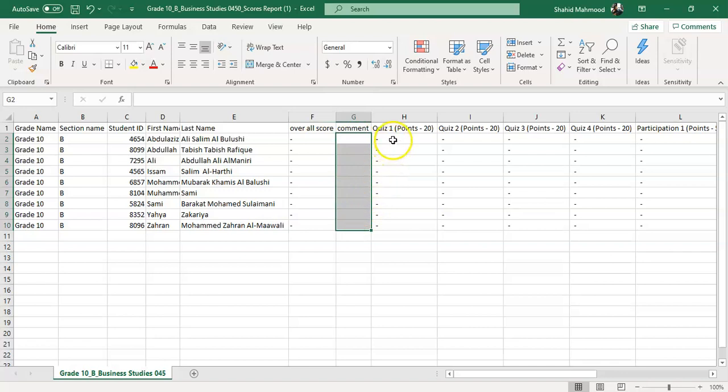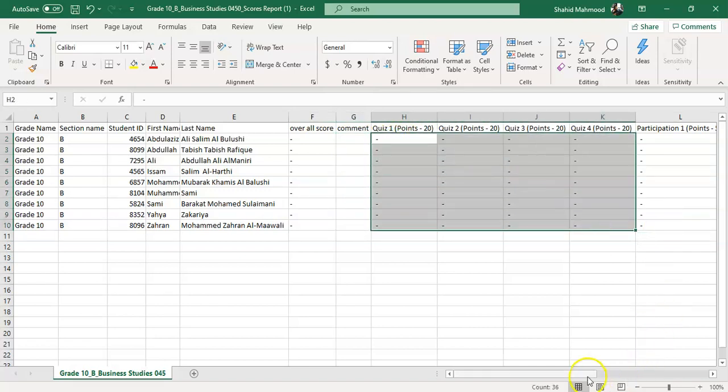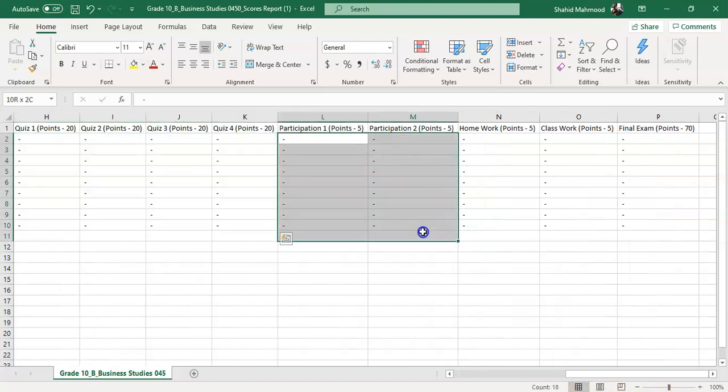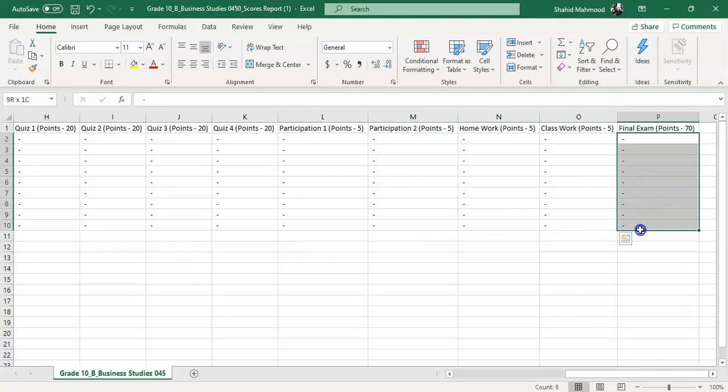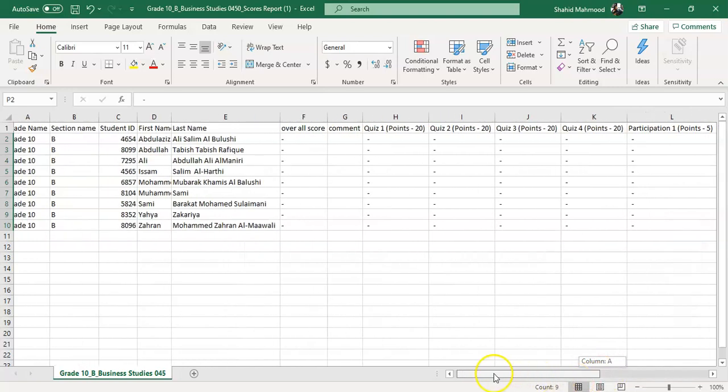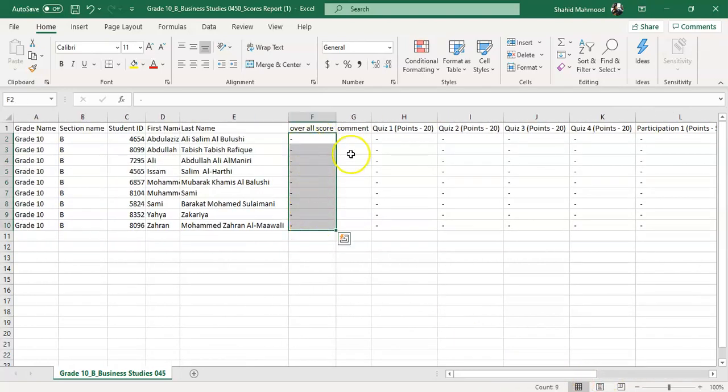Okay, you can enter the comments here. And the rest, you can enter all the scores of 4 tests, participation out of 5, homework and classwork, and your exam score. Is it out of 70 or out of 60, out of 100, whatever, as per your subject. But please do not enter over here, because once we upload this one, this column will be calculated automatically. So you don't need to apply any formula, thinking what is the total score. You don't need to do anything. Okay, just save it for your understanding and easiness.